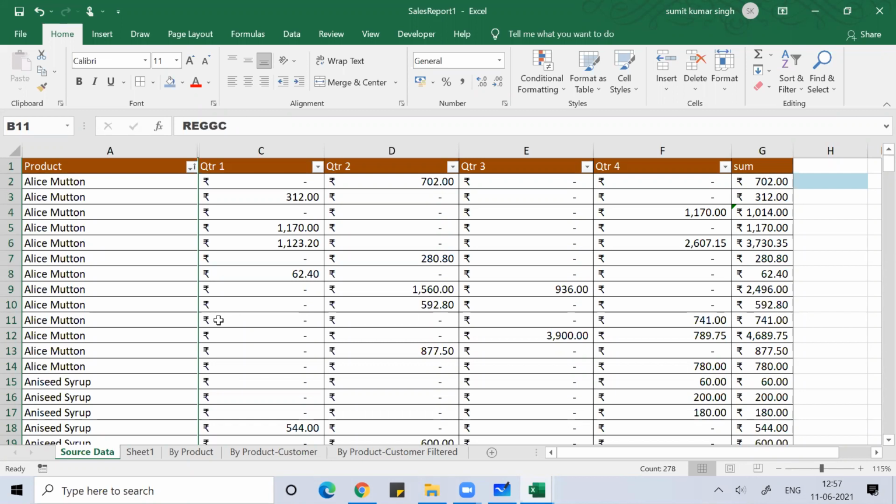Clear everyone? Here I wanted the customer column. I wanted to hide that customer column. So I selected that column by using Ctrl+Space bar, and then I pressed Ctrl+0. When I press Ctrl+0, that column got hidden.